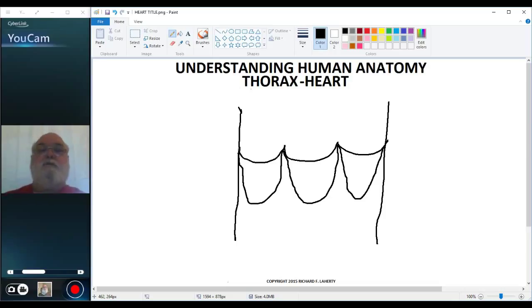Three cusps that are just folds of the inner lining of the vessel,